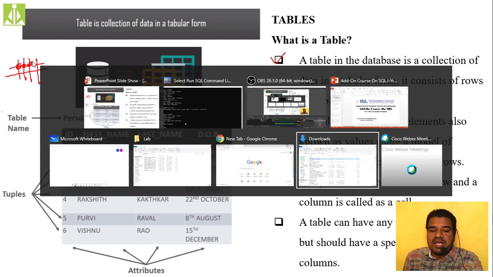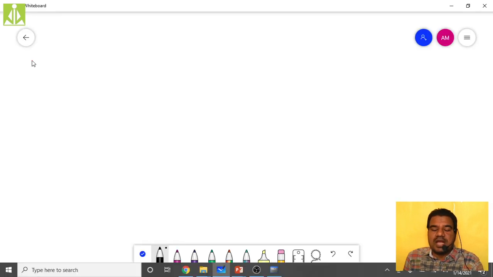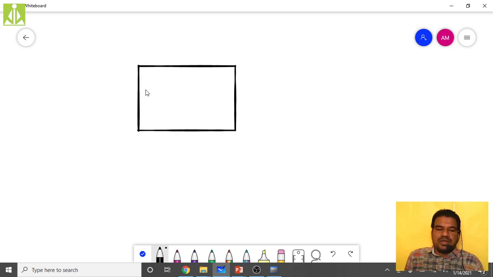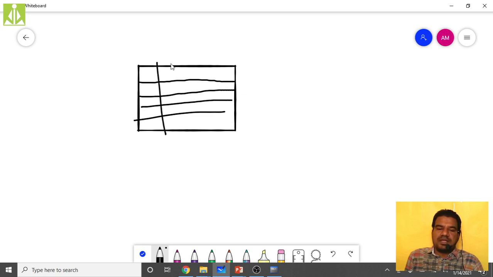I want to show this very clearly, so we'll go to this and we'll see. See here, this is your table. Inside this table we are having rows, and again I want to have my columns, so I am keeping columns like this. Where exactly are we storing the data? At the point of intersection. This is column, this is row, so where is the intersection? This. Here only we are going to have values.